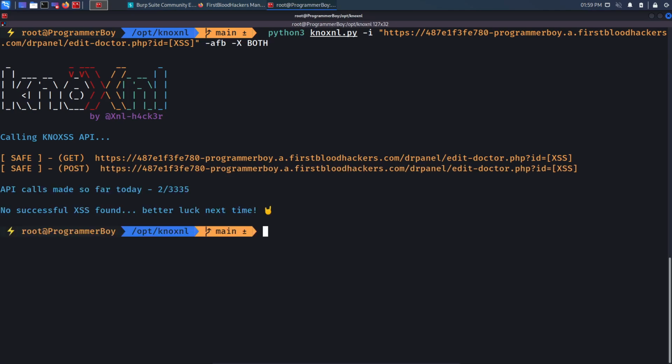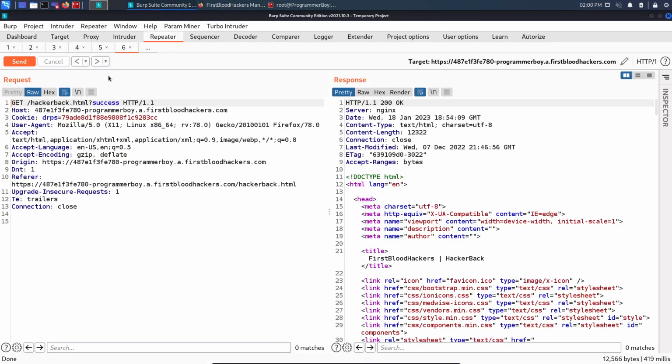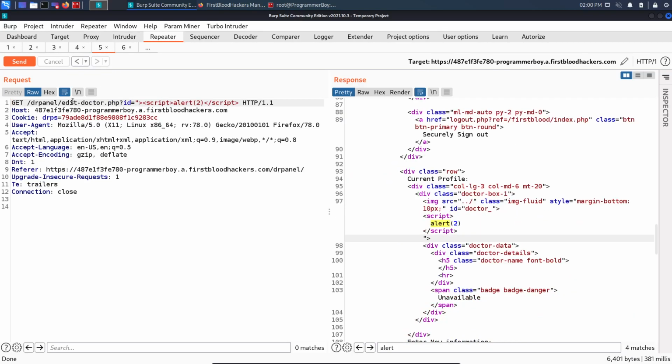And looks like it didn't find one. That is strange for me because it actually did find one earlier. So it was edit doctor, I think, no, it was not edit doctor, let's try any other one. If I come to my Burp Suite, it was edit doctor, I believe. If I come to my request number 5, yeah, editdoctor.php?id= this one. So let's try